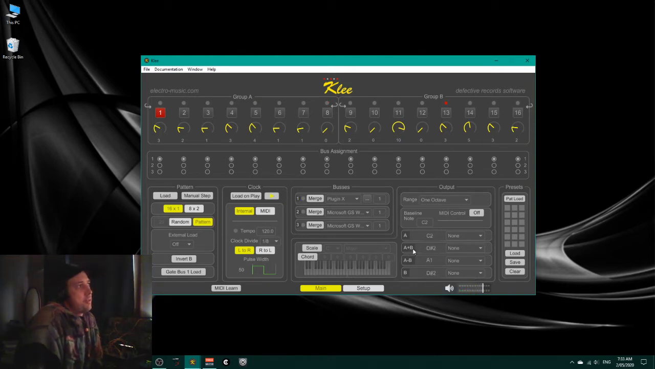Might be better in the 16-step mode. You might find it more useful to use either the A plus B values, which means the B values, step values, are added to the A values, or the B minus, or the A minus B values. So it's just the opposite. So the B values are subtracted from the A values, and that's not really going to become apparent until we start activating more steps. So it might be simpler for now just to run